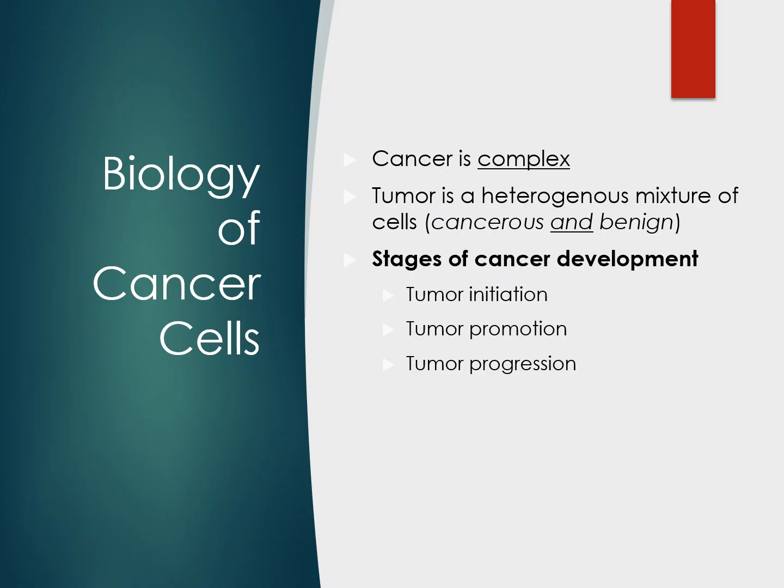So when we're looking at cancer, you're not going to walk away knowing everything. This is not even the tip of the iceberg. We're just going to find out some general information about how cancer works in the body. So it's very vast, it's complicated, and again, when we're looking at that tumor, it's a mix of cancerous and benign cells. Cancerous cells and normal cells, and they're all lumped together into this little city of its own, really.